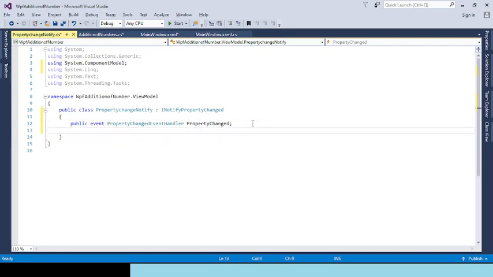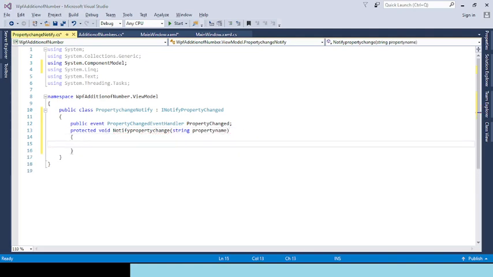afterwards write down one method, which will notify the UI. Notify property change, then string, here is the property name, okay. Now if property change, see this one,